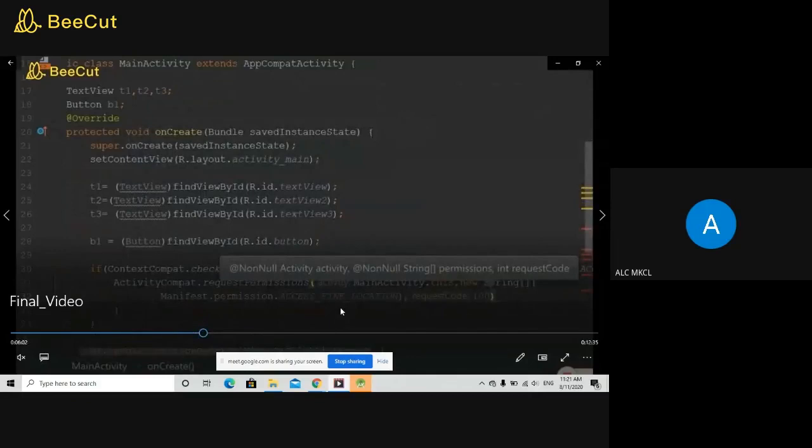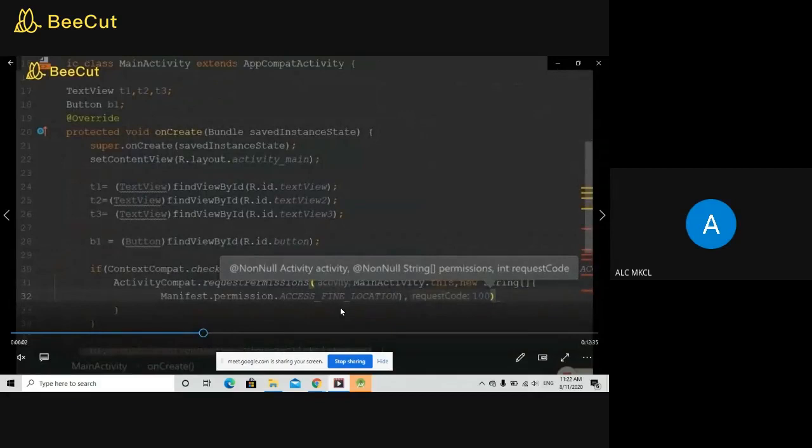Now, the basic thing is that you need to access either the access fine location permission or the access coarse location permission. So whenever you install that application, and if the mobile phone is not permitting the permissions, then whenever you start that particular application, it will ask for the given permission, and whenever the user accepts or gives those permissions, then only you can start your application. Otherwise it will be terminated.